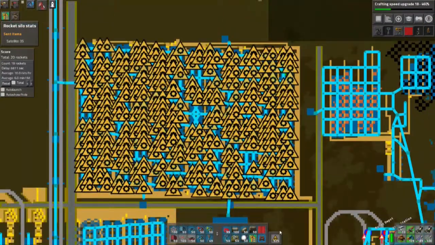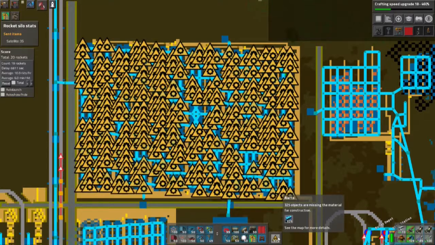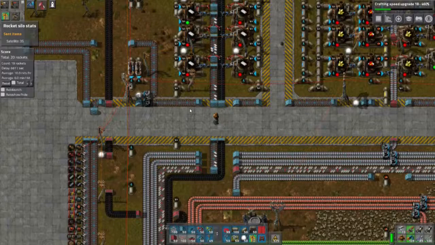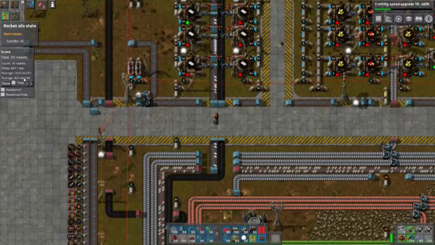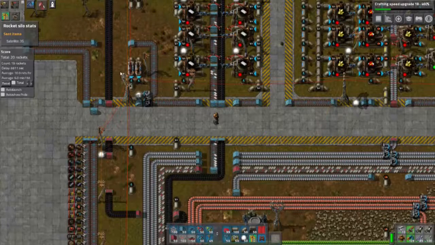Well, the answer is no. We actually have 325 of the speed modules short. In the meantime, I launched about 10 rockets, so yeah, a lot of time has passed. 10 times 5 is about, well, I guess a little bit more than an hour,